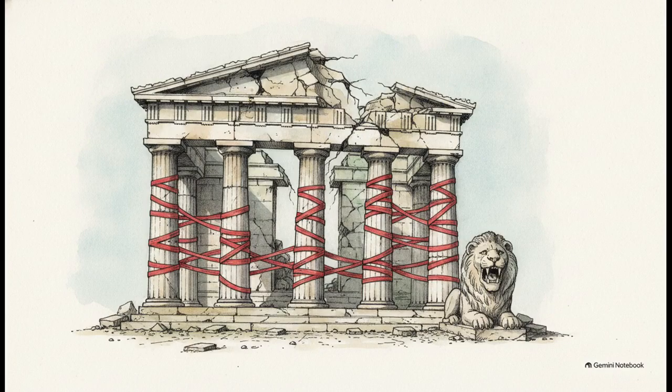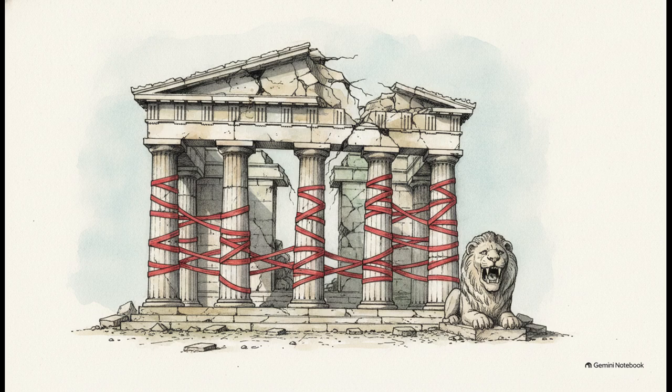Now, Wilson did manage to get one major ideal over the finish line: the creation of a League of Nations, designed to prevent future wars through collective security. But despite this victory on paper, the League's fatal flaws were glaringly obvious from day one. For starters, it was viewed as an exclusive club for the war's victors. It had absolutely zero military teeth to enforce any of its rulings. Plus, it required unanimous votes for political decisions, basically paralyzing its ability to act.